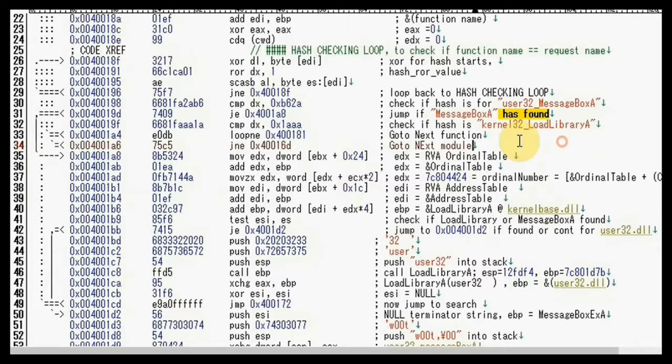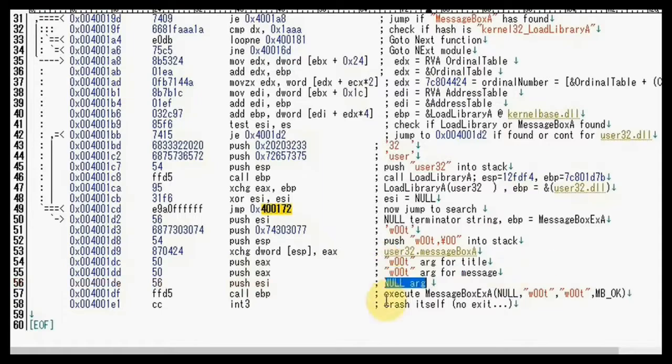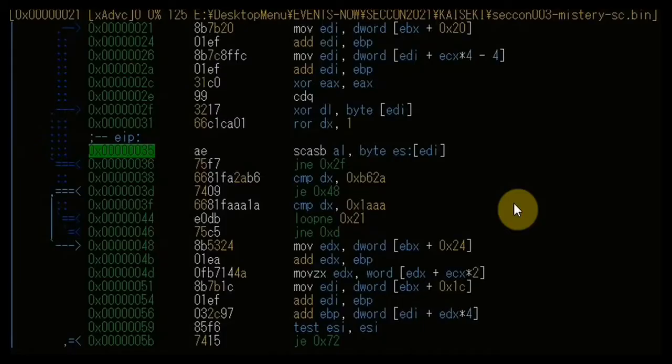And after breaking the loop, it pushes the actual strings needed for the message box onto the stack, and executes the MessageBoxA arguments. This is quite simple, and it's quite interesting. It is straightforward, and it becomes a very good reference for dissecting more shellcode after this. And the presentation in the video is quite detailed, so I'm going to skip several parts,